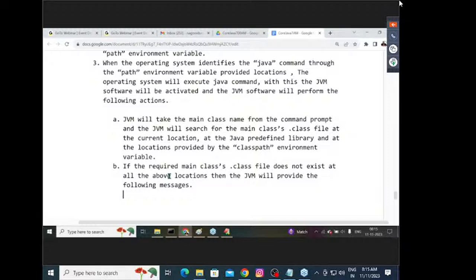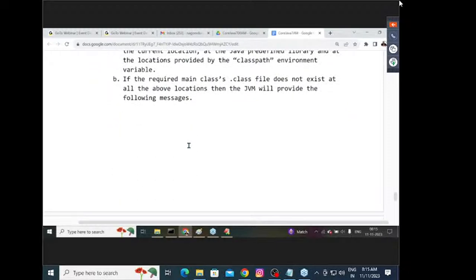Observe carefully. In Java 6, we are able to get one type of message. In Java 7 and above, we are able to get another type of message. Now I'm confirming that in Java 6, java.lang.NoClassDefFoundError: test